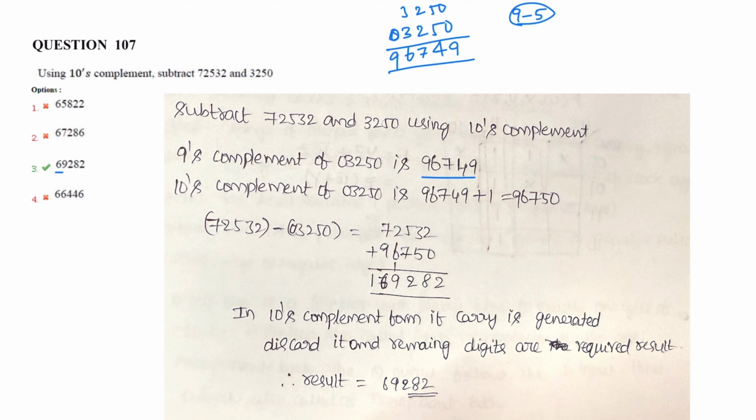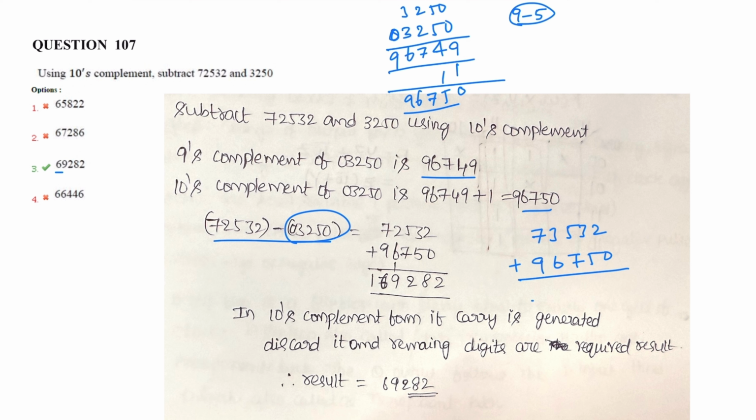To find the 10's complement, add plus 1. 9 plus 1 is 10. 4 plus 1 is 5. 9, 6, 7, 5, 0. So this is the 10's complement. Now 72532 minus 03250 can be taken as 72532 plus the 10's complement of this 3250. The 10's complement is 96750. And then after addition, it results in